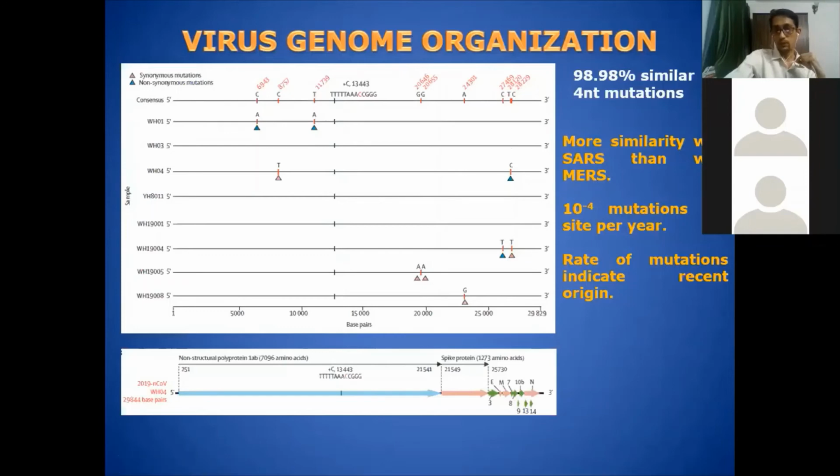And one important observation was that the SARS coronavirus 2 that caused COVID is more similar to the SARS coronavirus of 2003 and 2004, and very less similar to the Middle East Respiratory Syndrome virus of 2014. Considering that a virus mutates at the rate of 10 to the power minus 4 mutations per site per year, it was thought that the virus is mutating very fast. Only in later studies did they come to know that the virus is not mutating so very fast. It is mutating normally in its own capacity. The rate of mutation also indicated that the virus is of recent origin.